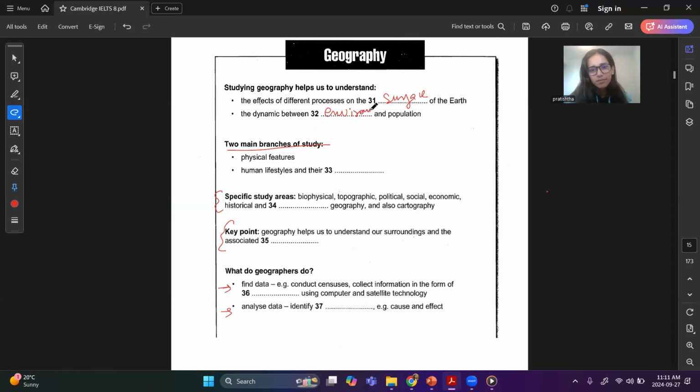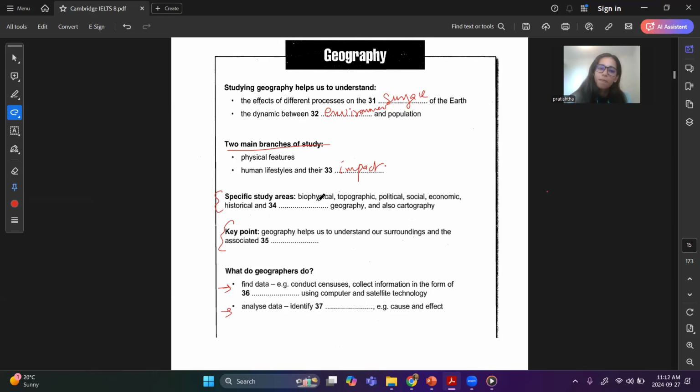Okay, we like to think of geography as having two main branches. There's the study of the nature of our planet, its physical features, what it actually looks like, and then there's the study of the ways in which we choose to live and of the impact of those on our planet. Our current use of carbon fuels is a good example of that. But there are more specific study areas to consider too, and we'll be looking at each of these in turn